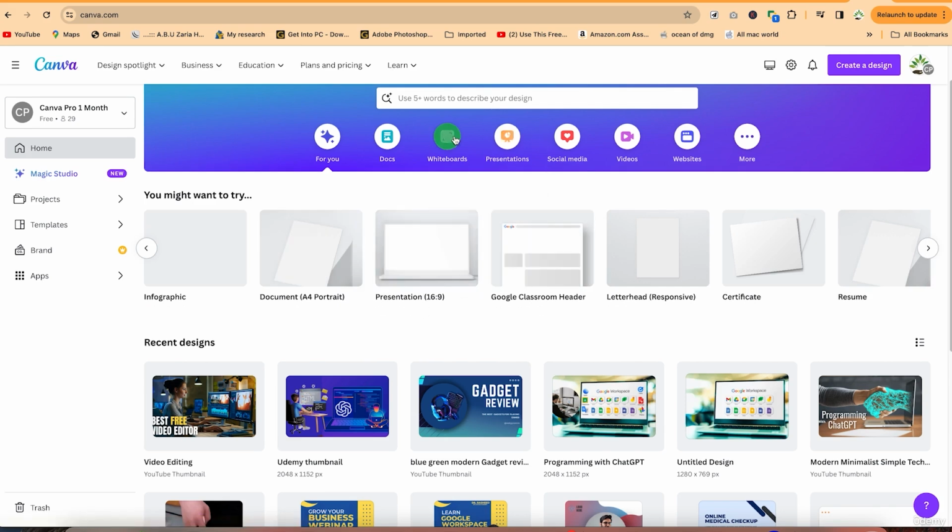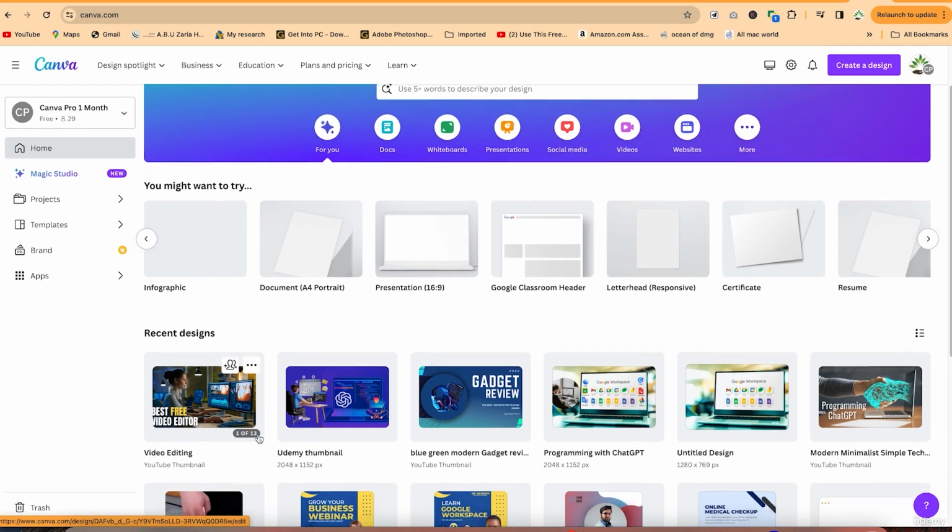But for now, for this tutorial, because our main focus is the video editing, we will just concentrate on the video editing. This is Canva for you that contains all of this. You can see the docs version. You can check our whiteboard and presentations, and you'll be able to see social media, or you can come to videos directly from here. All your recent designs, what you've created with Canva, you can be able to see them